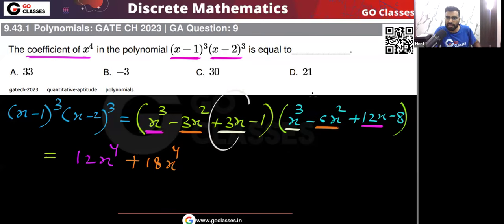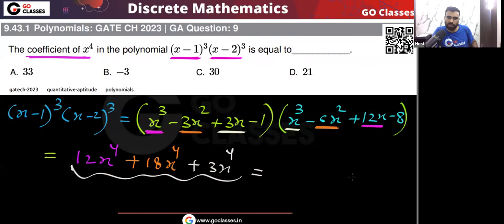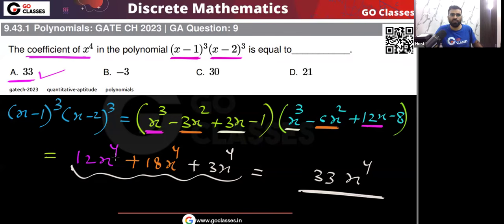And this 3x I can multiply with x cube, so I will get plus 3x power 4. Okay, so the coefficient of x power 4 will be equal to 12 plus 18 plus 3, that will be 33. The coefficient of x power 4 is 33. This is a GATE Chemical 2023 question, very easy.